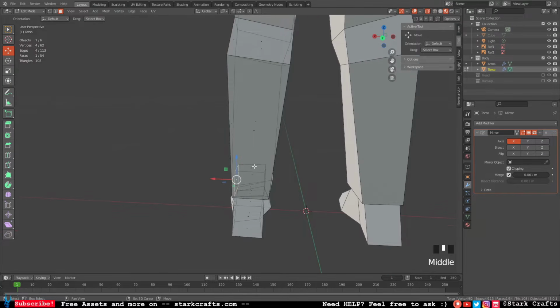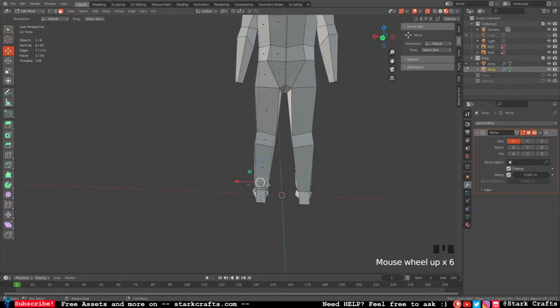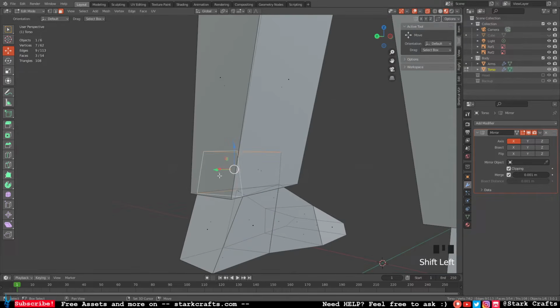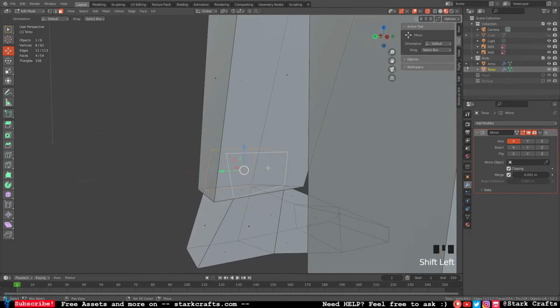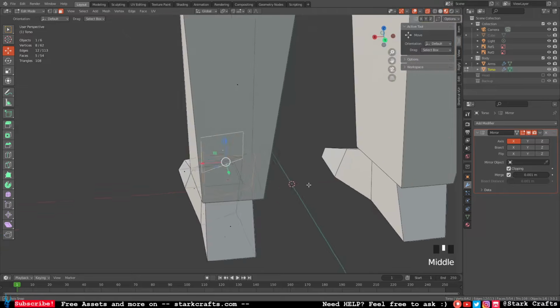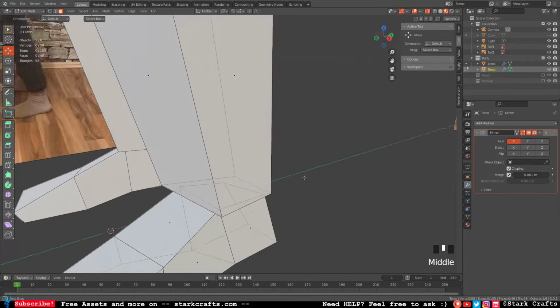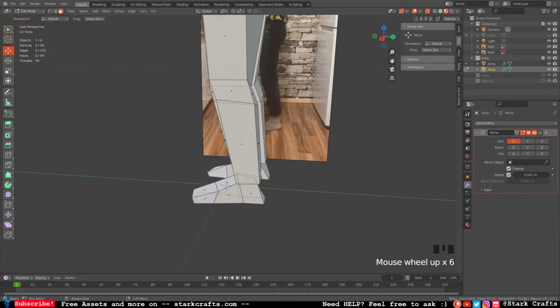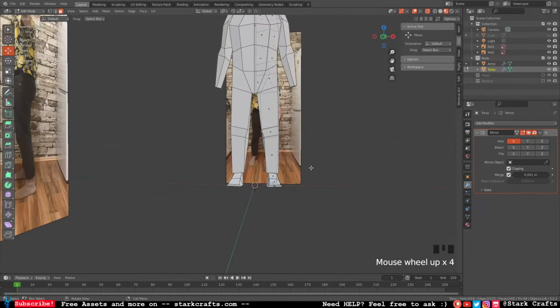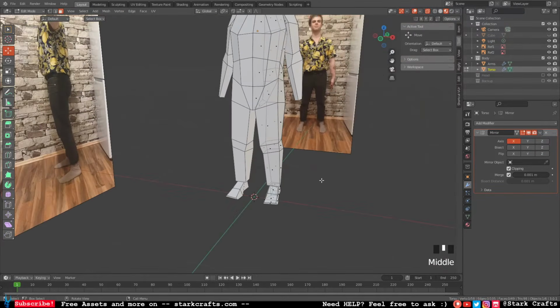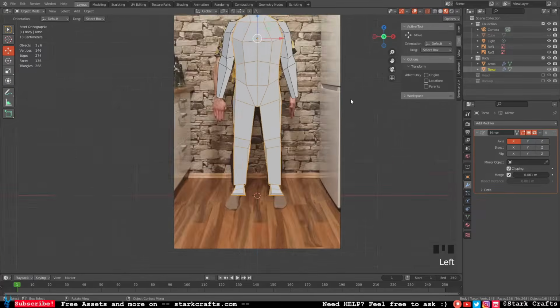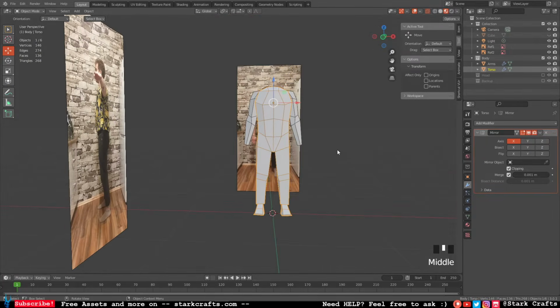So let's select those parts and let's hit delete faces. Yeah, as you can see, it's not necessary. So tight, nice,